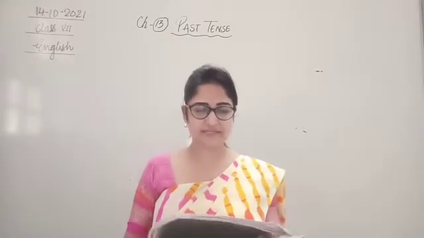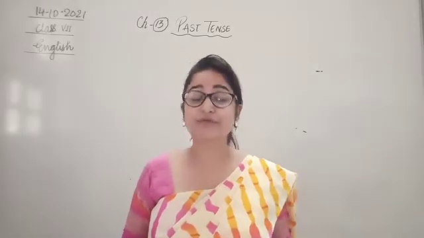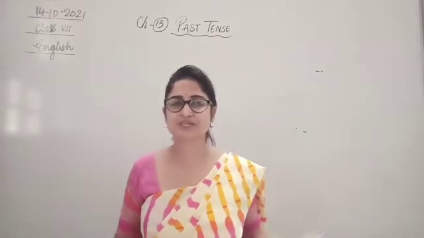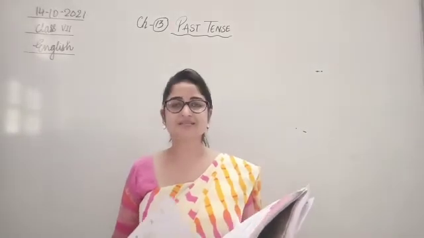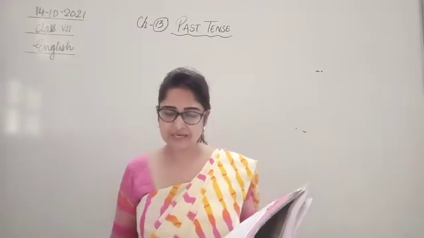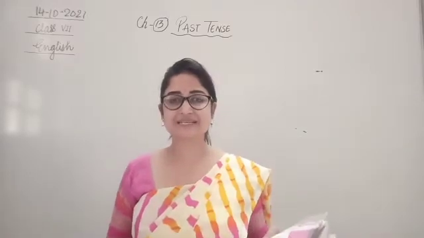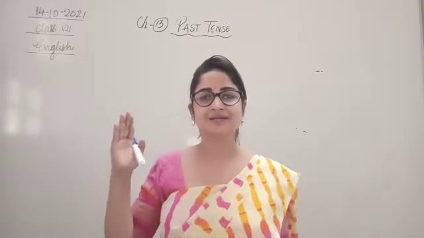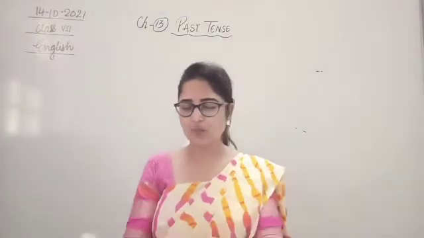Now, in our previous video lesson, I had finished explaining the different forms of the past tense. Like I told you, in simple past we use the past form of the verb. Then in past continuous, along with the verb plus ing, we use was or were according to the subject. We had also discussed past perfect, which usually tells us about some event which had started in the past and got over in the past only, a while ago.